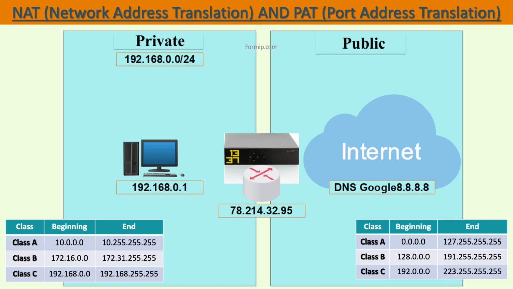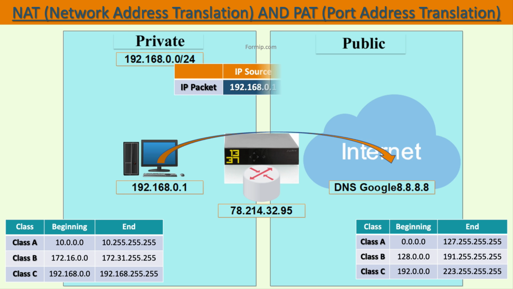On the left, we have a PC that carries the IP 192.168.0.1. This PC is connected to an internet box, and it will try to reach Google's DNS by making an ICMP request, i.e., a ping. The PC therefore sends the packet to the router with Google's DNS as its destination and its own IP address